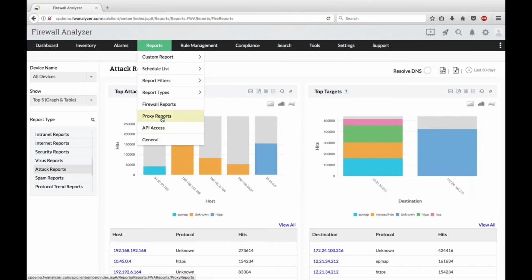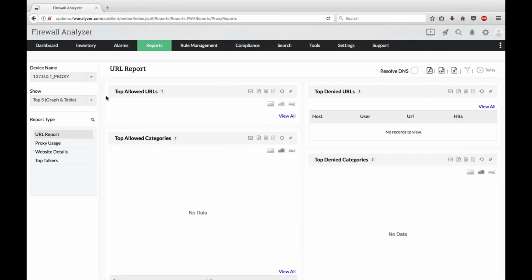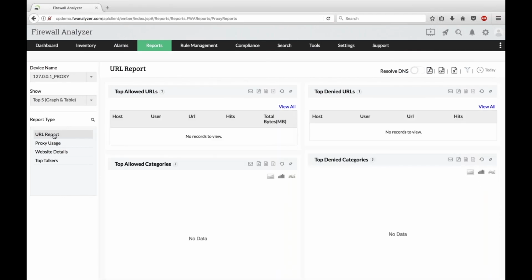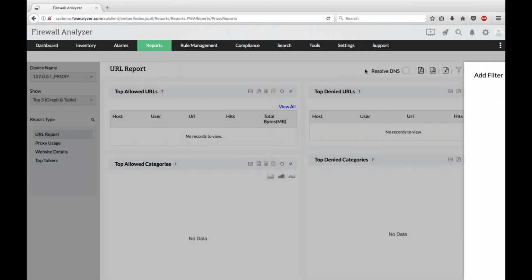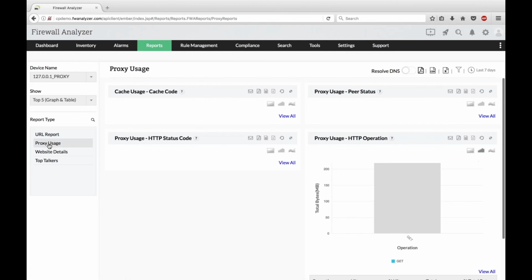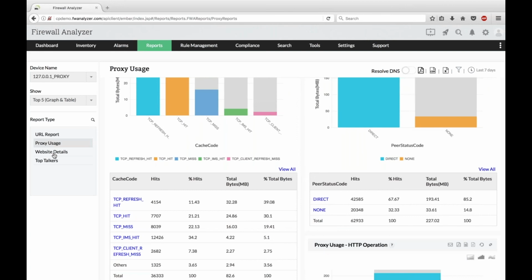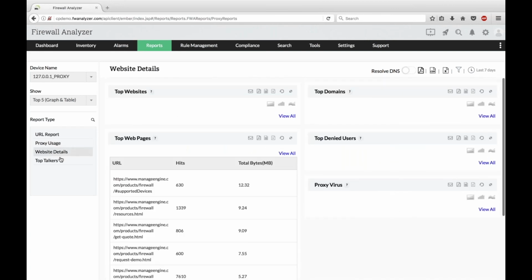So under reports, click on proxy reports, and under proxy reports you get the URL report. Again, let's look at the last 7 days at least. So you get the list of URLs that have been accessed using the proxy server. You also get the proxy usage report, which gives the usage detail of the proxy server,